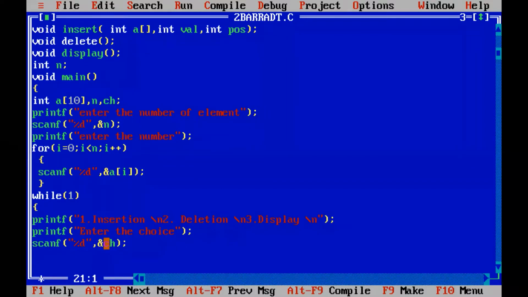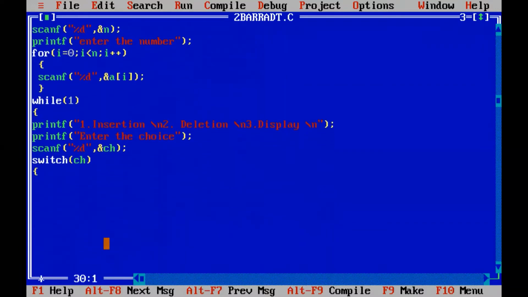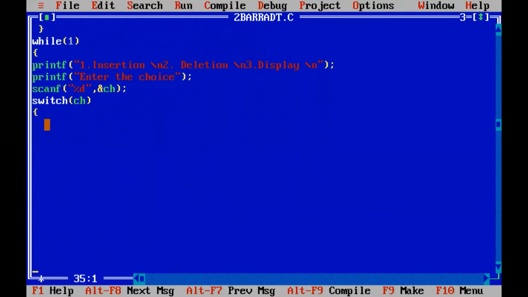Now, how to implement this menu driven program using a switch case, right? Switch case, and in brackets we'll be passing the variable which will determine the case to be executed. For switch case, what is the syntax? We have to start with a curly bracket. After that, we will be labeling the case, right? We have how many cases? We have case 1, case 2, and case 3, right? So here we are naming it as case 1, and we will be getting the input from the user after.